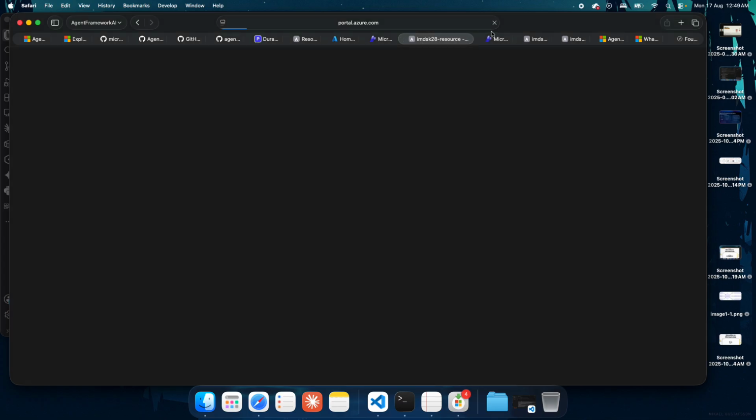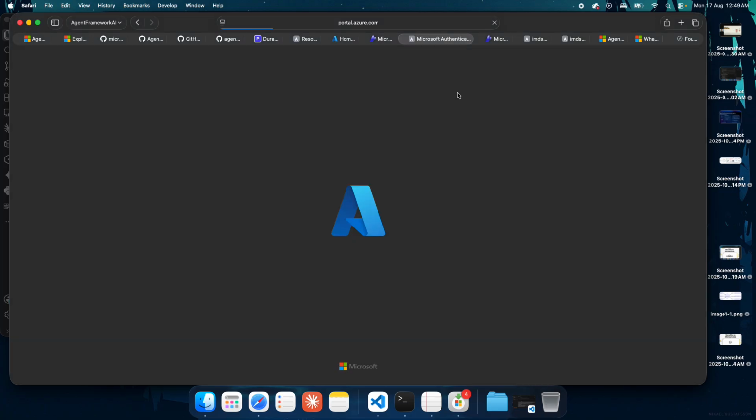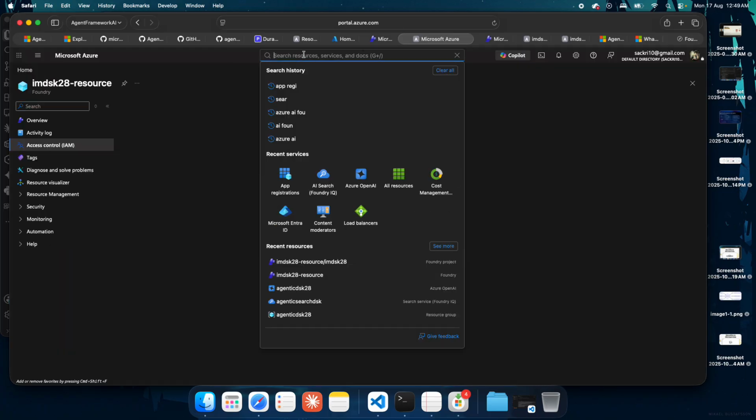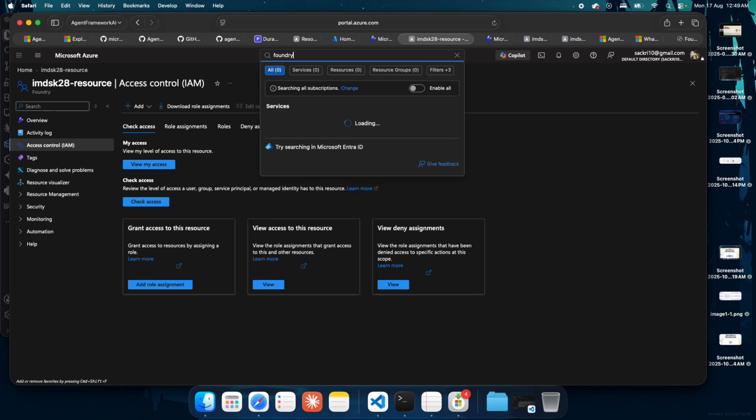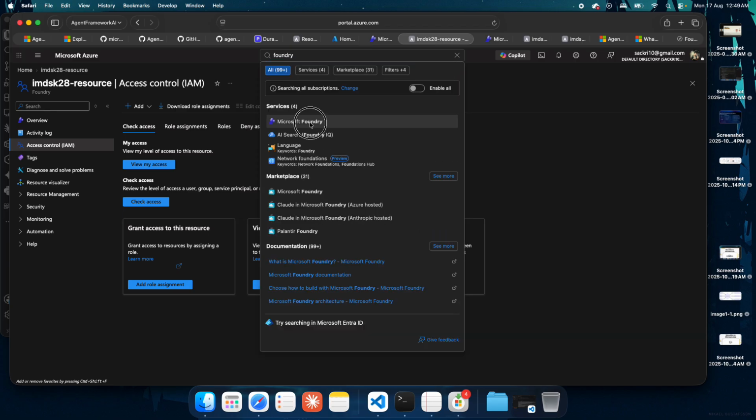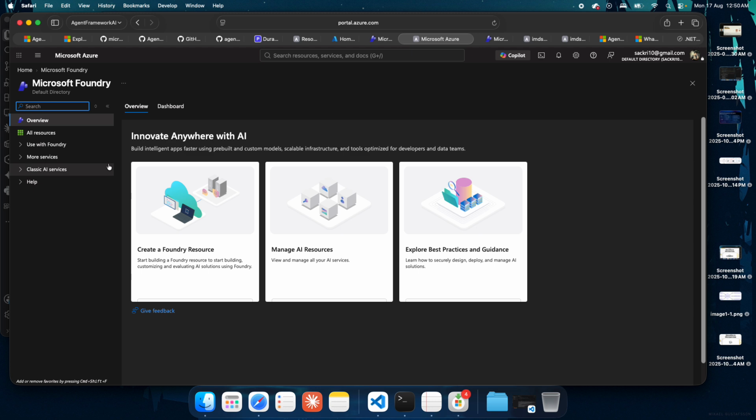You can create that project from the Azure portal, where you go to Foundry, search with Foundry, and then create a Foundry project, from which you will arrive at this particular page. Let's search with Foundry. Yes, this is Microsoft Foundry, so you can create the project here.